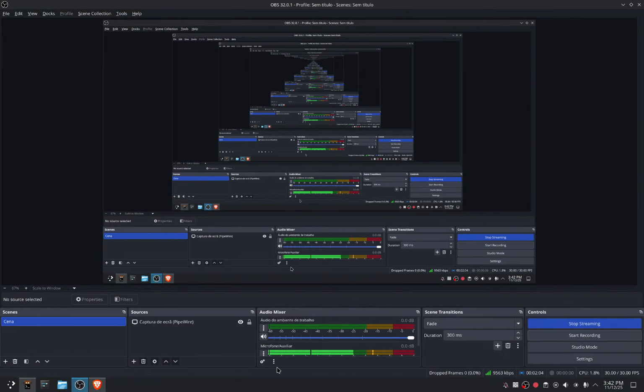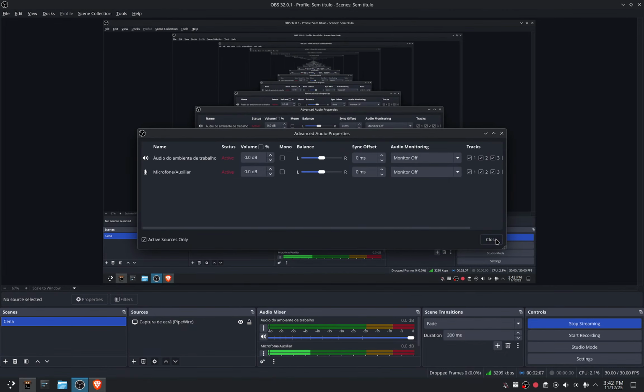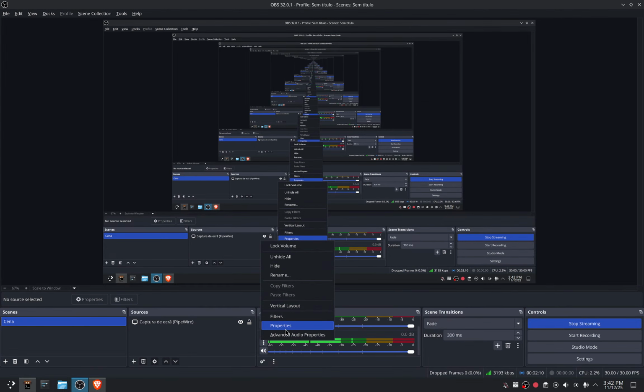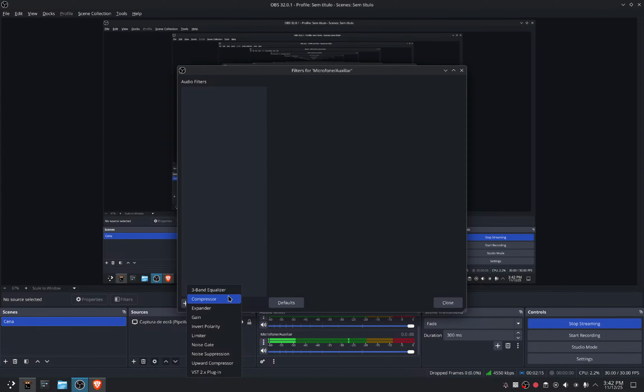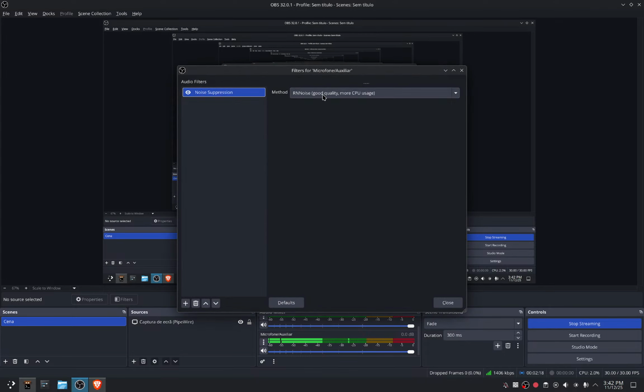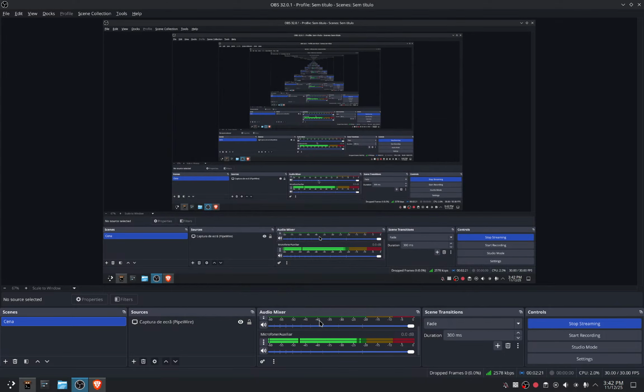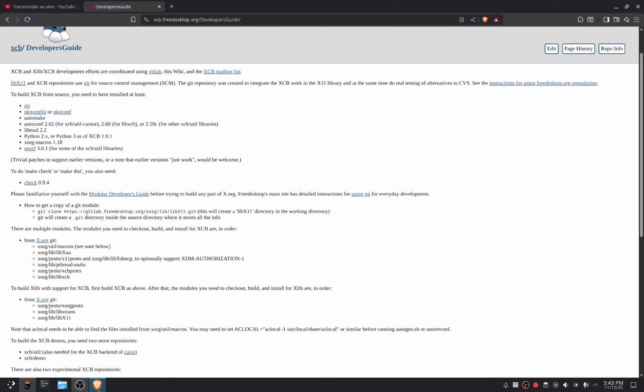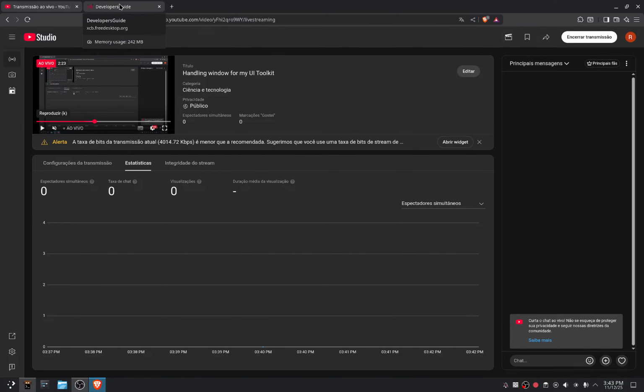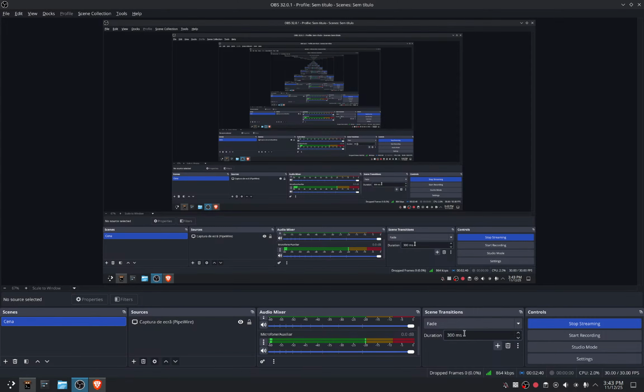Also, let me do something that I kind of forgot to do. I think I need to do, no, it's there. Filter here, noise suppression. Yeah, now it's way nicer and clearer to hear me. I forgot that my fan's spinning a lot. It's complaining about bitrate, but I think it's fine because I'm using AV1. But anyway,